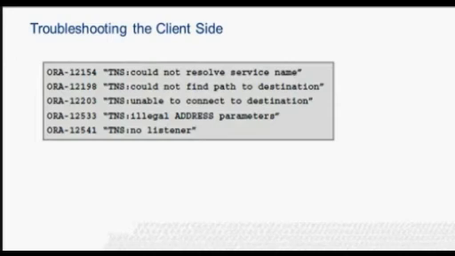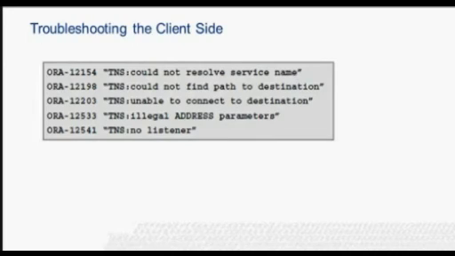If we are connecting from a login dialog box, verify that we are not placing an @ symbol before the connect descriptor name. Next is ORA-12533, TNS illegal address parameter. Causes can be that the protocol specific parameters in the address section of the designated connect descriptor in our tnsnames.ora file are incorrect. So we can take actions like checking what the operating system protocol specific keywords are.